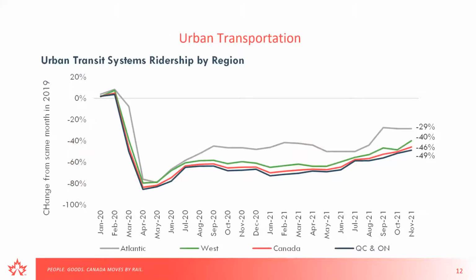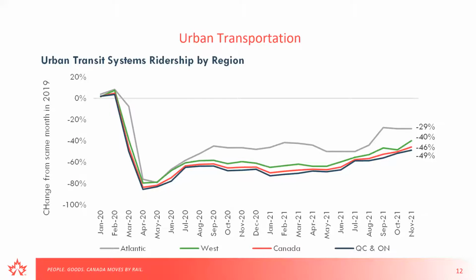So there isn't too much data on commuter rail ridership, at least on a monthly or quarterly basis. So we rely on the urban transit system ridership data from Statistics Canada, and commuter rail would be a component of this information, but this would also include other things like bus and streetcars. We see a little bit of a recovery in April to July 2020, but then things were quite stale for about a year, and ridership was really hovering around 65% below 2019 levels.